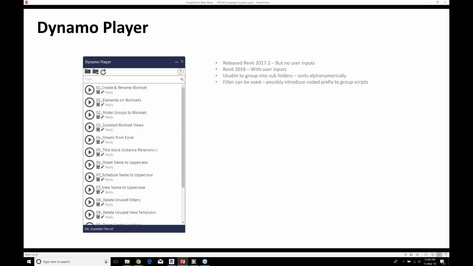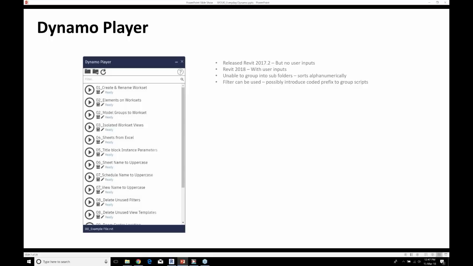Generally that happens at key milestones or as per what the contract stipulates. So I think we're going to see over the next 6 months a much greater uptake of Dynamo Player. And then I think the floodgates will be open and Dynamo will become much more ubiquitous.